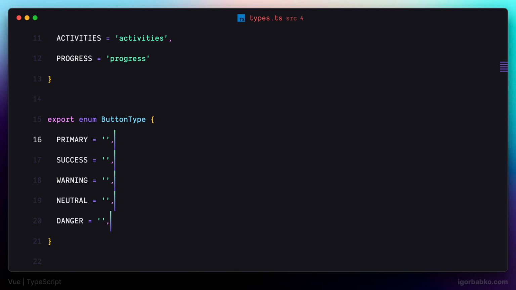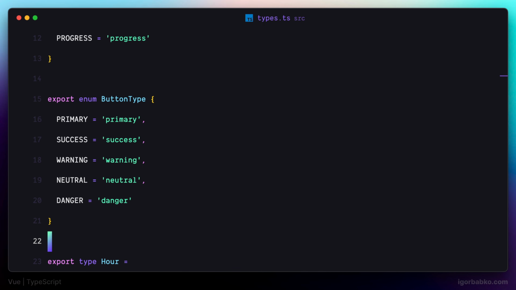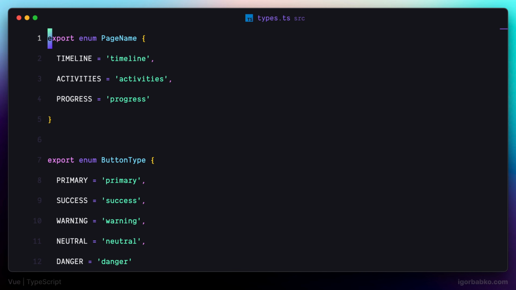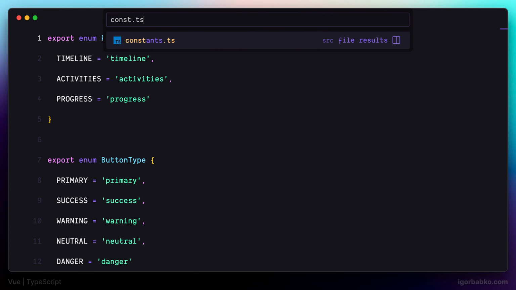There will be nothing different. We're still going to have 5 different button types: primary, success, warning, neutral, and the last one is danger. There is no need to import these button type constants in this file. I'm going to get rid of this import statement, and if we'll go inside constants.ts and take a look at